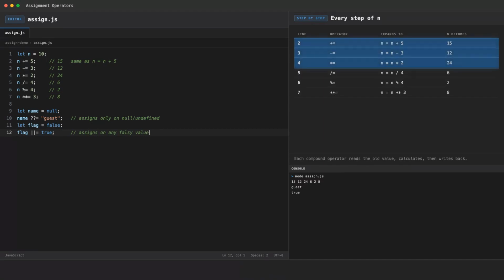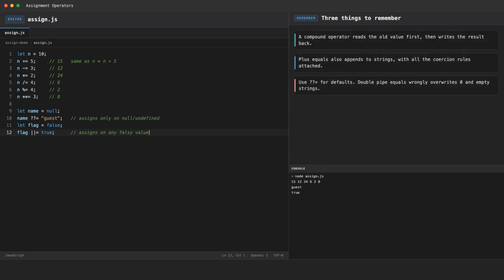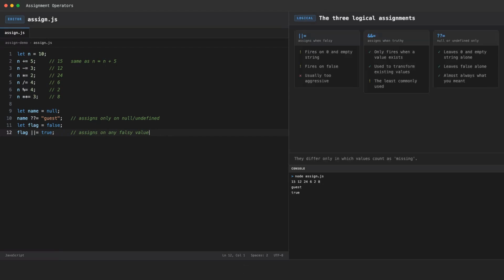So let us gather everything from this video. Every arithmetic operator has a compound shorthand form. Each one reads the old value, calculates, then stores the result. They save typing and remove a whole class of naming mistake. Plus equals appends on strings with all the coercion rules. And the three logical assignments handle defaults neatly. Prefer the